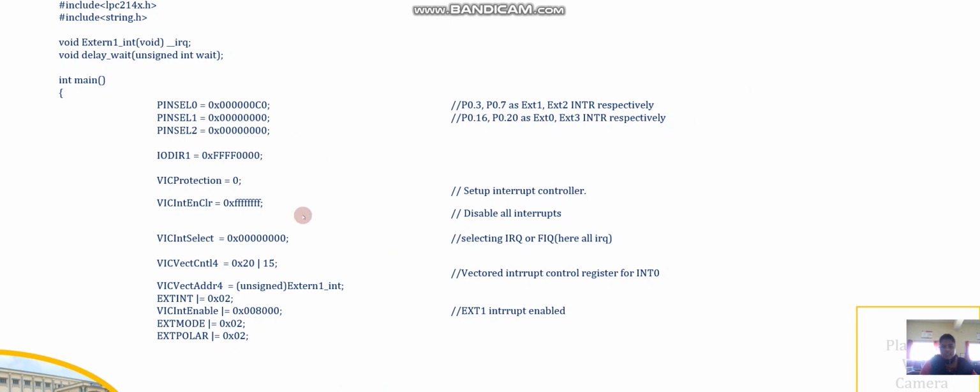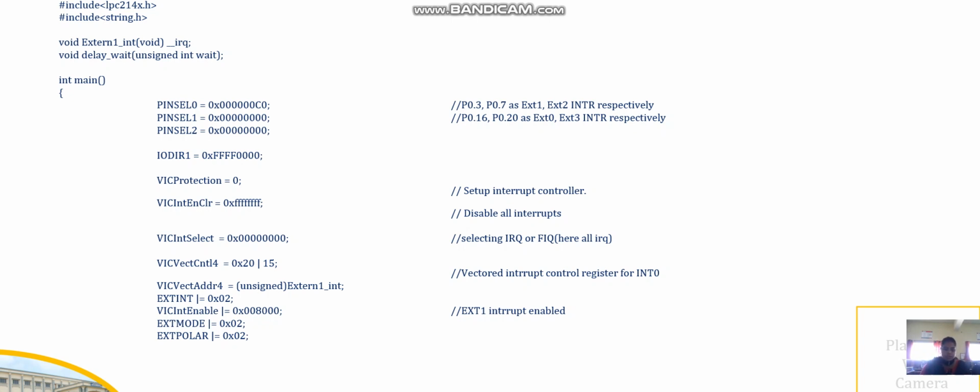Then along with that, here I am using the vector interrupt. Basically it should be 0, and one more internal vector interrupt I am going to make internally, with all the bit patterns high, meaning all the 32 bits I am going to make high. Why? Because if all the internal bit patterns are high, then only the external bit pattern is going to access the particular data on the ARM controller board.